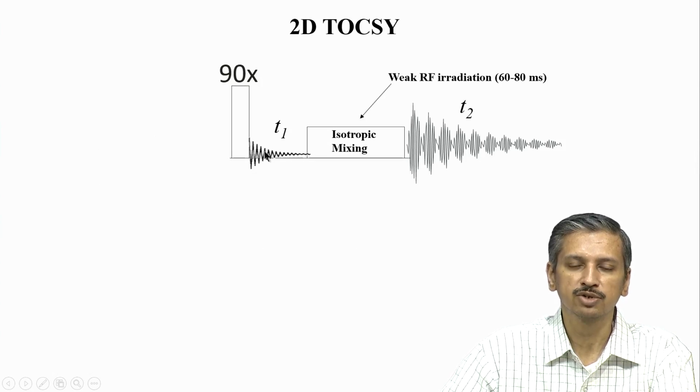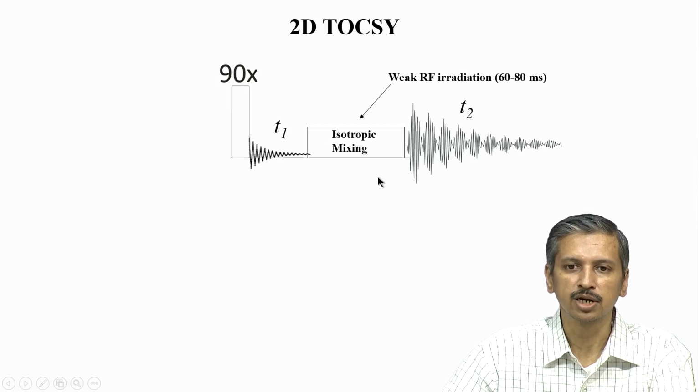So, chemical shift evolution happens during this period, and after some time, again do not take this FID literally the way it is shown here. We do not wait till it is over. As I said, in a 2D NMR experiment, we always acquire one point and the entire experiment is repeated. So, we allow it to go for some duration here, and after that this block is applied.